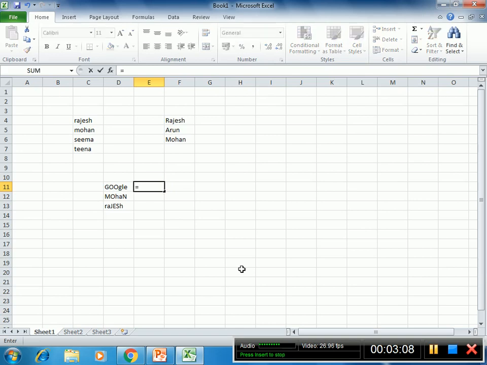You can apply equal to PROPER, select the cell reference, close the bracket, then drag and drop.